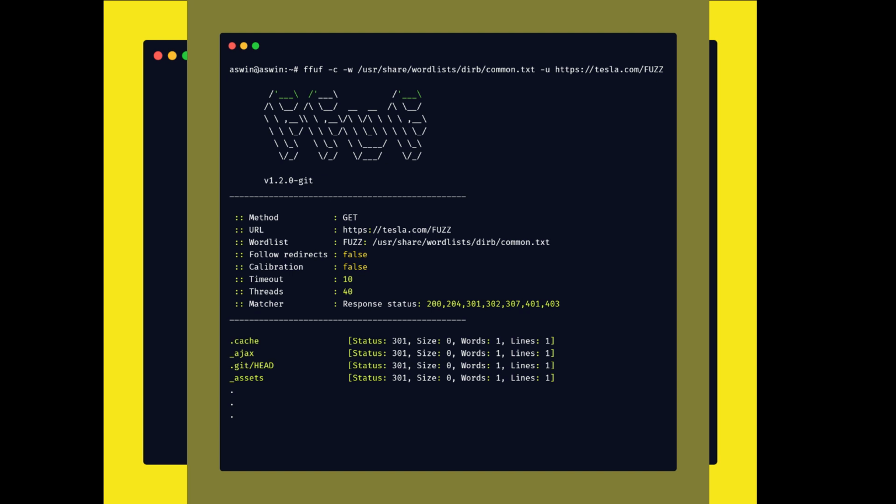You can brute force those directories with the help of ffuf in a very easy manner and very fast. You can use the same word list for finding the directories of that web application. I hope it's understood.